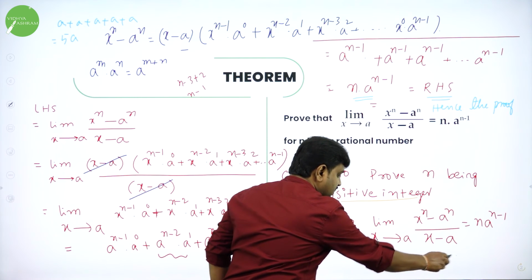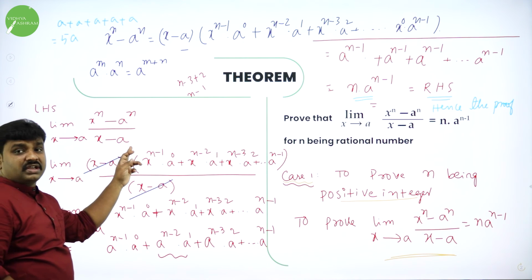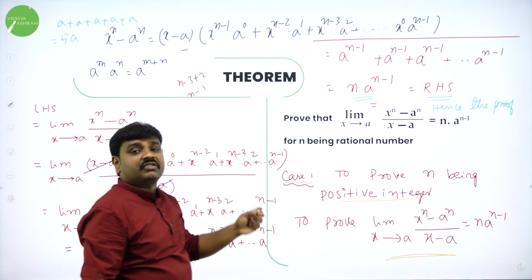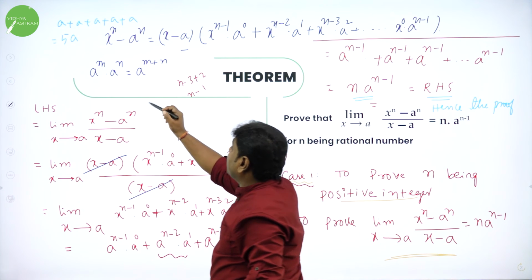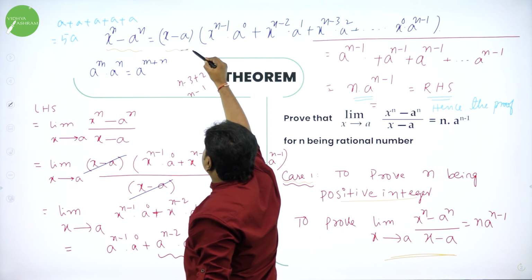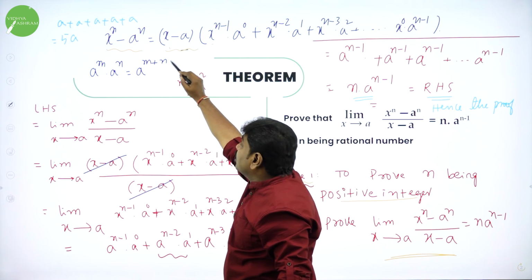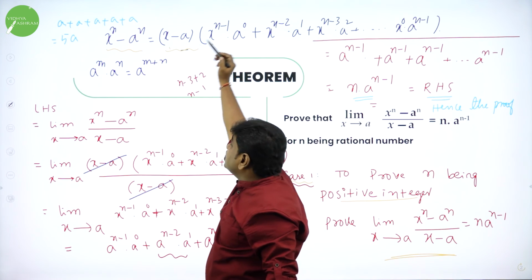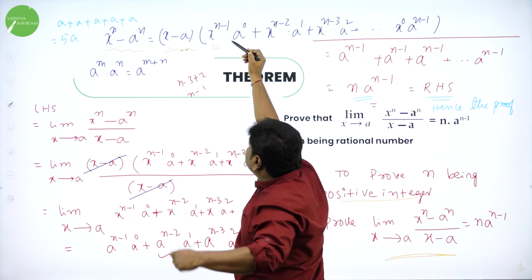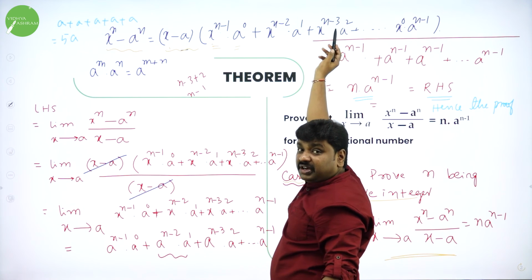In this I will take only LHS. What is LHS? Limit x tends to a, x power n minus a power n by x minus a. This is LHS I will take. Numerator is in the form of x power n minus a power n. Factorize that. How to factorize? We have a formula according to binomial theorem. X power n minus a power n can be written as x minus a into x power, start with n minus 1 because already one x is there. So start with n minus 1: x power n minus 1 and a power 0. X power decreases, a power increases. So n minus 1, next it will become n minus 2, next n minus 3, and it goes on.